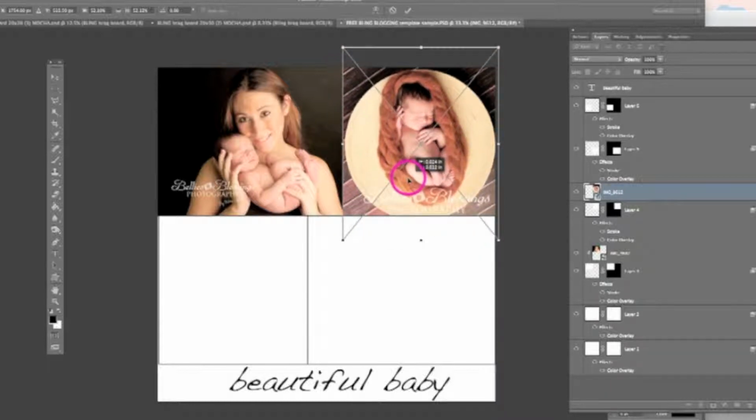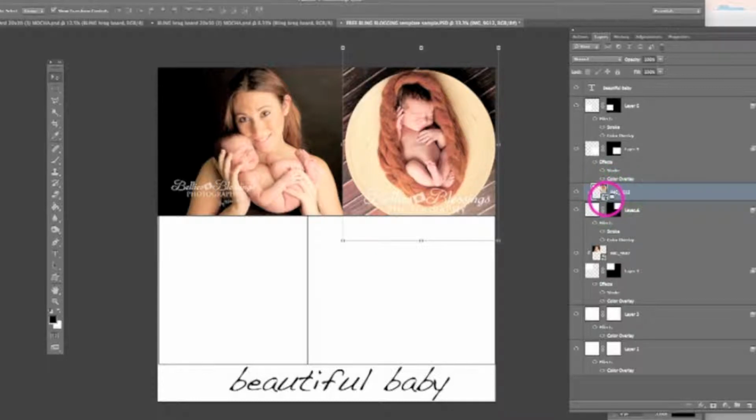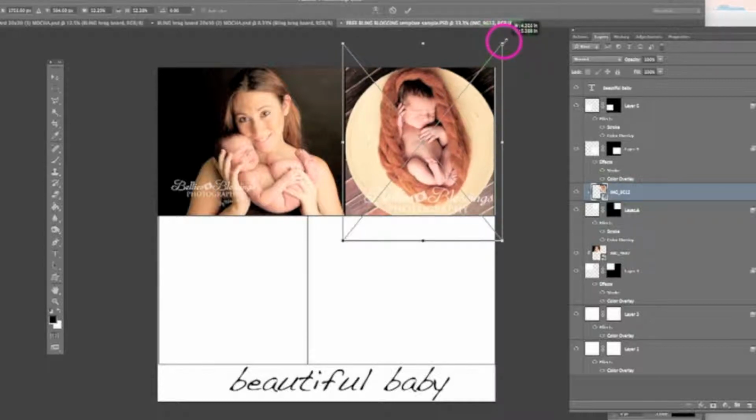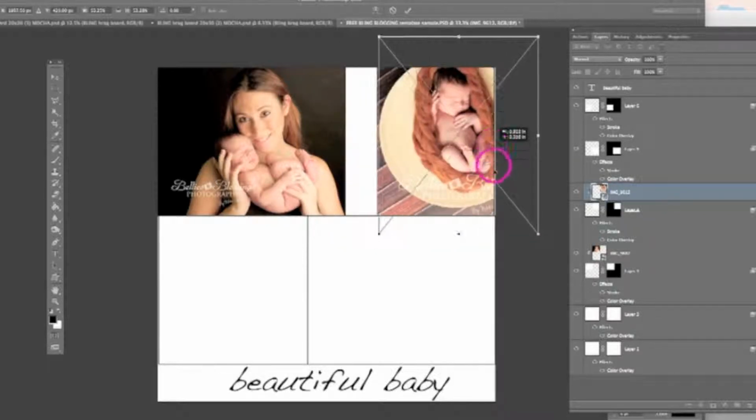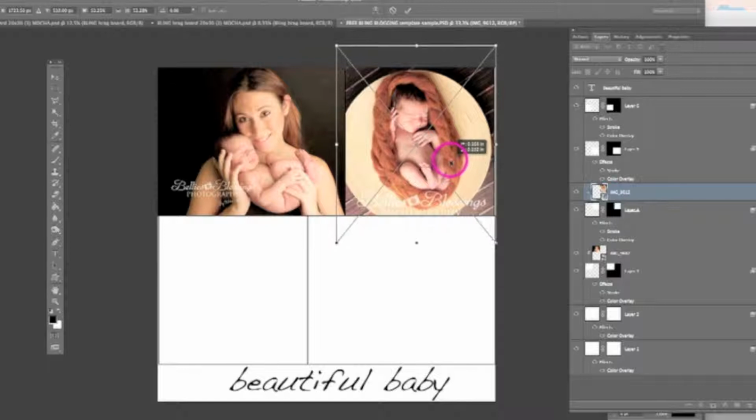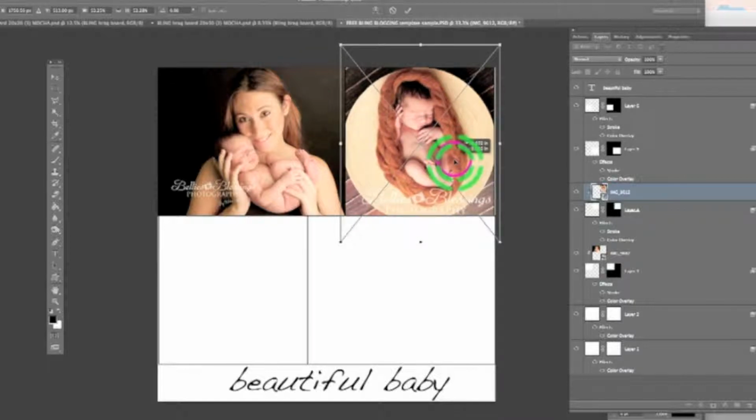Once I have it where I want it, which right there is good, I'm going to hold down my Option key on a Mac or Alt key on a PC. I want to make sure the image is highlighted and right above the space where I want to clip it to, and I'm going to clip that. Just like that. You do have to make sure that you accept the size once you have it sized, which I hadn't done. Okay, so I have this exactly where I want it to go, and you'll see again I can move this around anywhere inside of this template, and it's only going to stick to that one space. I'm going to leave that there